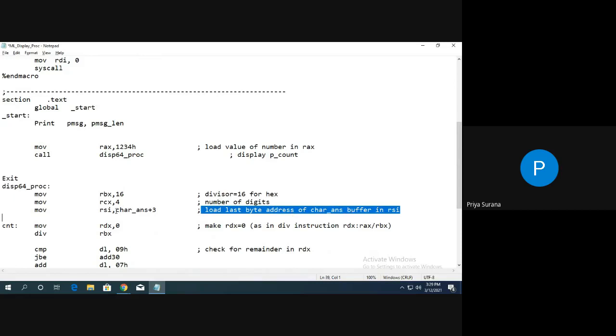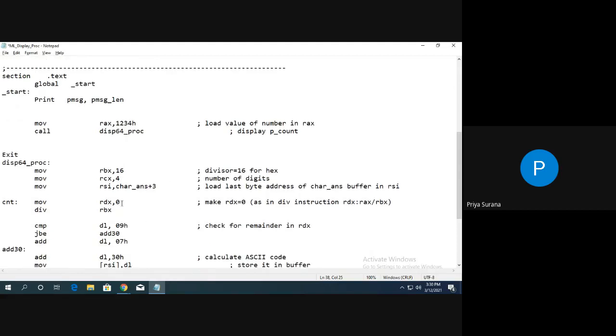When I write plus 3, it points to the 0, 1, 2, third location of char. Without plus 3, it points to the first location. But adding plus 3 means it points to the fourth location of char. Why it is so, we will discuss, but remember now it is pointing to the fourth location.